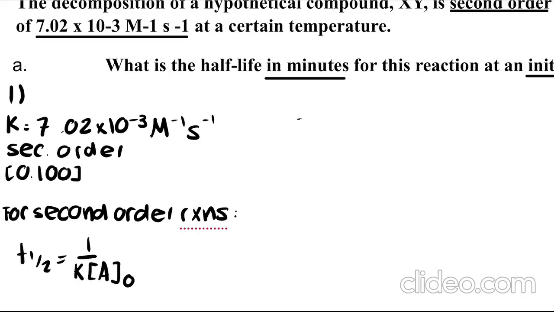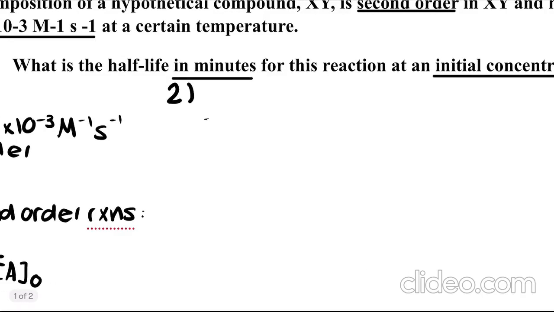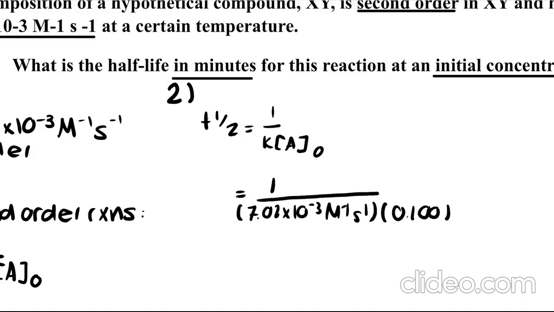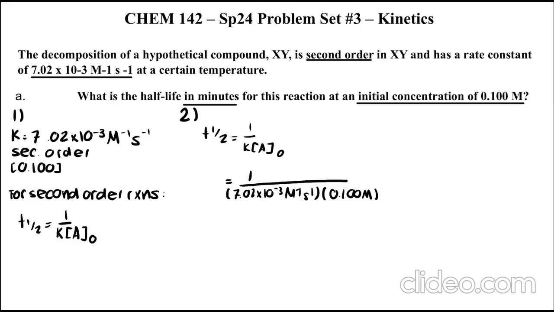The second step will be to input our values into our given formulas. So we know that the half-life of a second order reaction is equal to 1 divided by the rate constant k multiplied by our initial concentration. And we know that our rate constant is equal to 7.02 times 10 to the negative 3 inverse molar per second. We also know that our initial concentration is 0.100 molar. So now, we have inputted these values, and we are ready for step 3, which is doing our calculations and